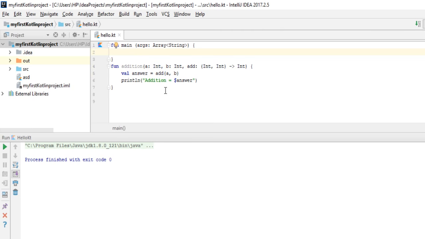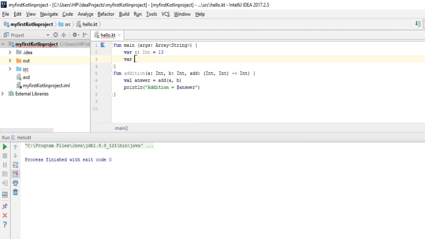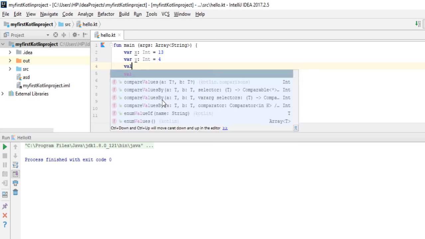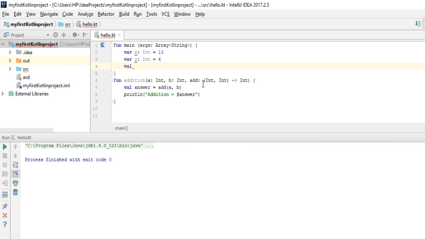First of all I need to create two variables: x of integer type equals, for example, 23 or 13, and then y of integer type equals 4. Then here I'm going to define my lambda expression. How can you do that? By using the var or val keyword, whatever you want, and then add